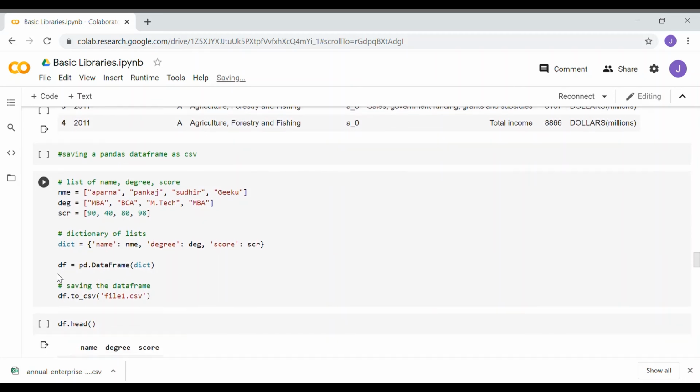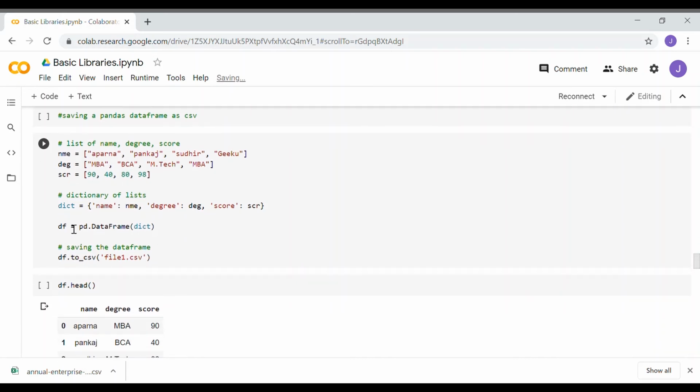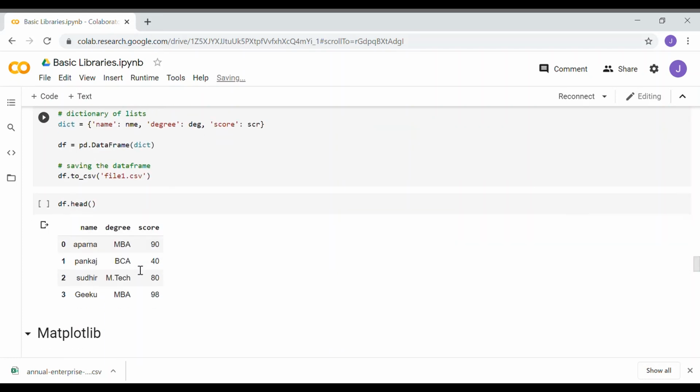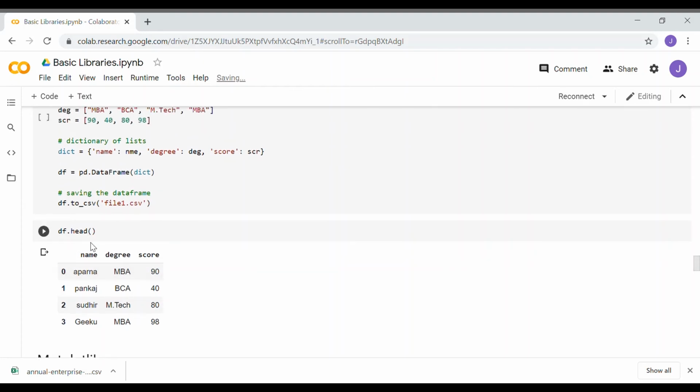I have created a data frame from the dictionary, and then we are exporting the data frame to file1.csv. Similarly, we can see the head of this using df.head.